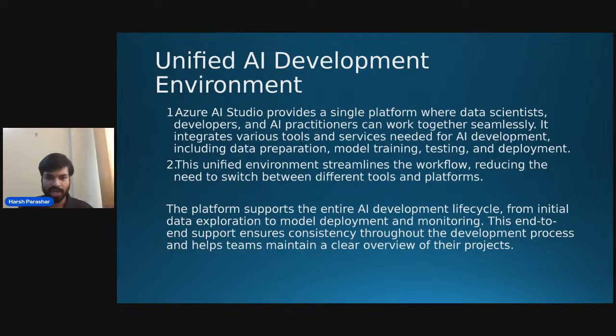Even if you want to grow your career, or if you want to grow your startup, or even if your startup is working, you want to run it properly, function it properly, and get it to the next level. So you need to get hold of a consistent process on the same platform where everyone on your team can work on it. Some startups and companies, due to budget problems or platform problems, work on different platforms. Two people are working on, say, A platform, two people are working on B platform, someone is working on C platform, which disturbs the consistency of any process.